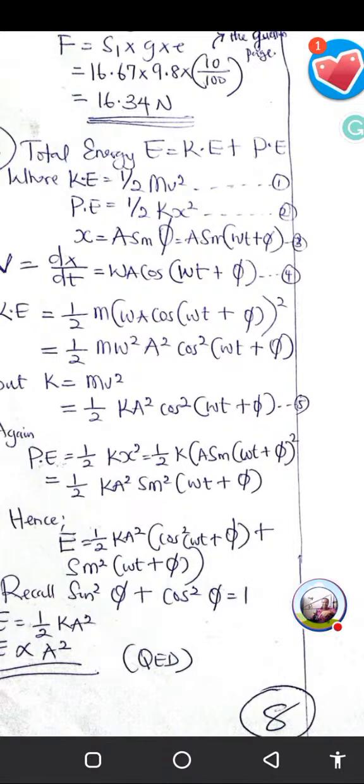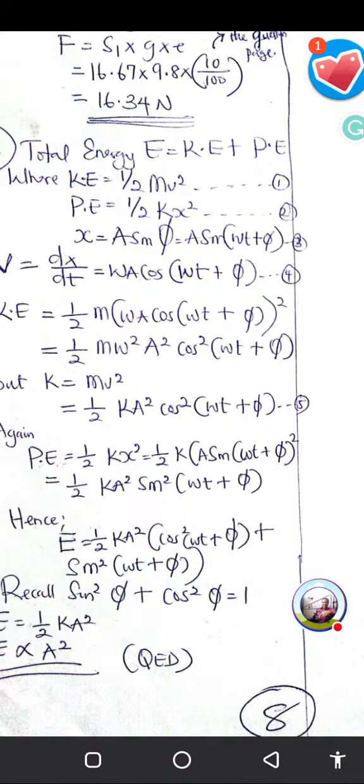But for a spring, the potential energy is half kx square. Now, the displacement of any vibrating object, which is like a waveform, oscillatory motion, vibratory motion, is periodic motion. If you go into circular motion and simple harmonic motion, the concepts are almost the same. So the equation that guides such motion of a wave or vibrating object is given as